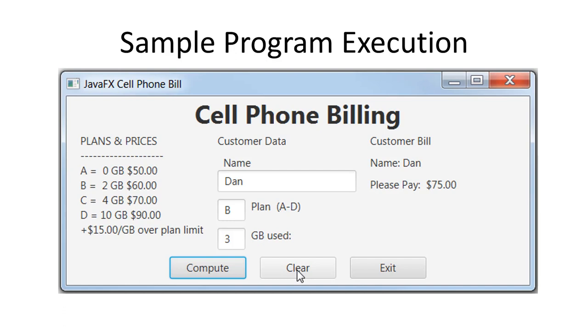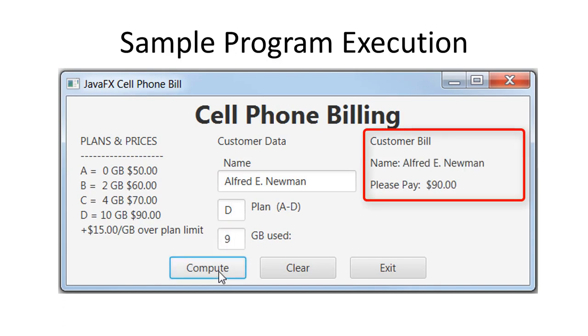I can clear out the inputs and outputs by using the Clear button and then input a name as Alfred E. Newman. Select Plan D and use 9 gigabytes. The program displays the name and bill as $90 because Alfred did not go over the 10 gigabytes available in